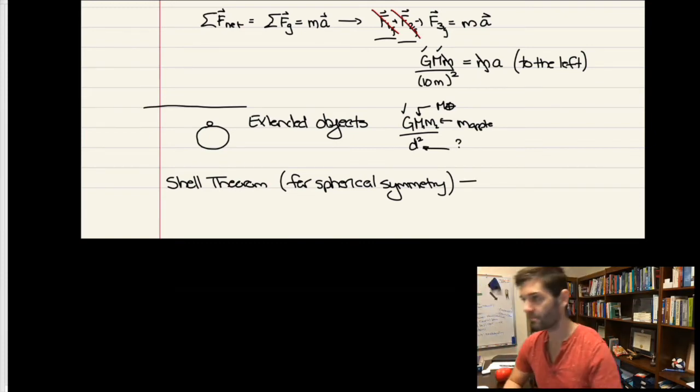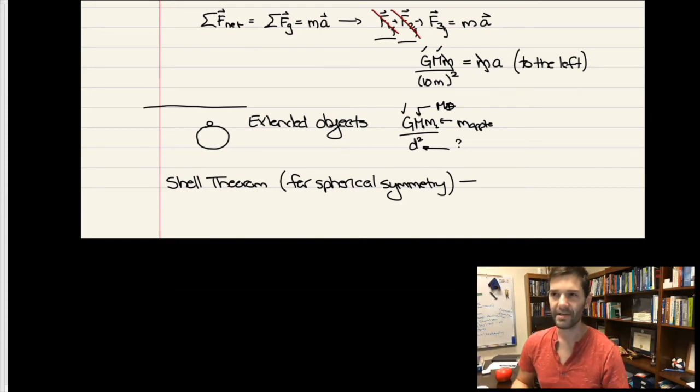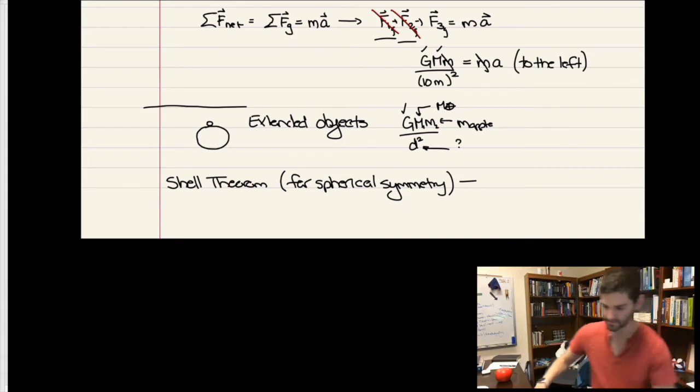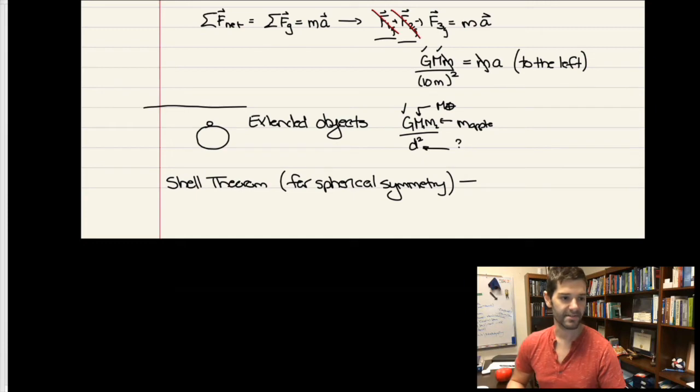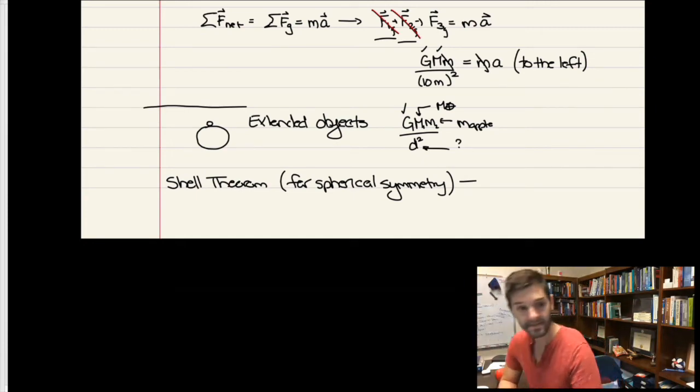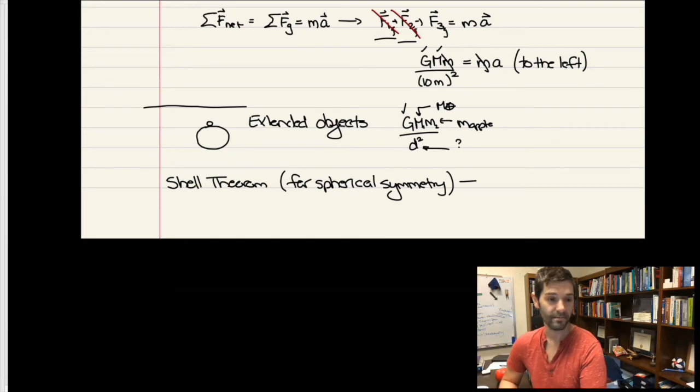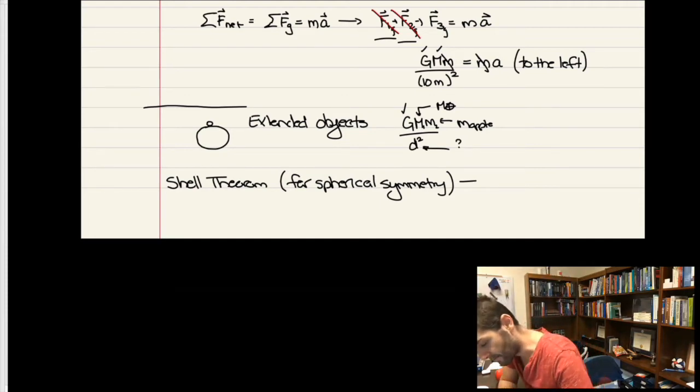And so Newton proved this with geometry. It would take a little bit of Calc 2 for me to prove this, so I encourage you to go look at the Wikipedia article for the shell theorem, which walks through the proof, but it involves some polar coordinates and some changes of variables that some of you have not seen yet. Or you could try to prove it geometrically as Newton did, which was the more hardcore way. But then you have to be really good at geometry. So what these proofs show is that for spherically symmetric objects,